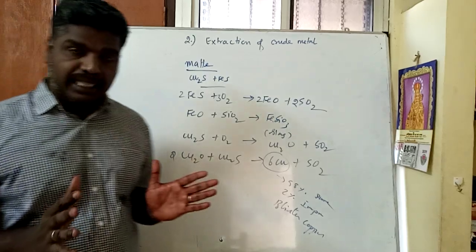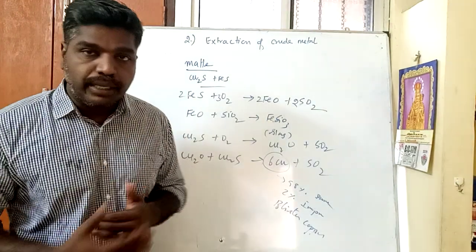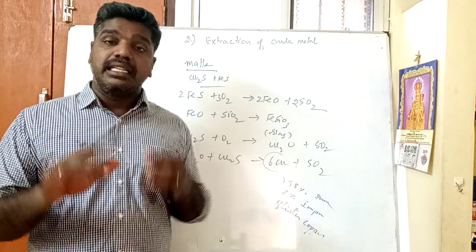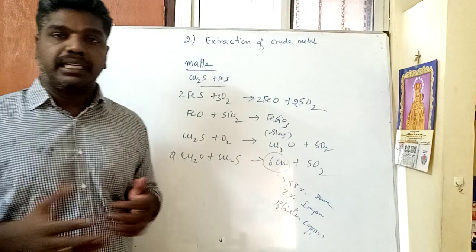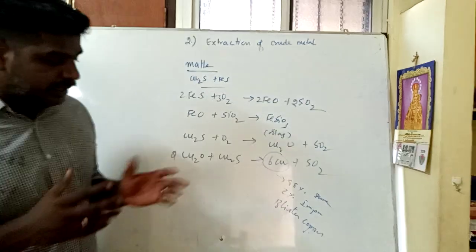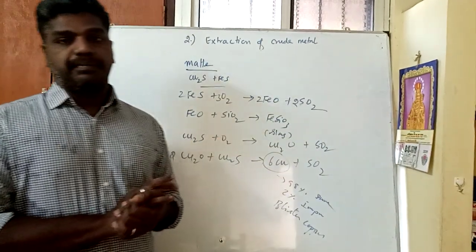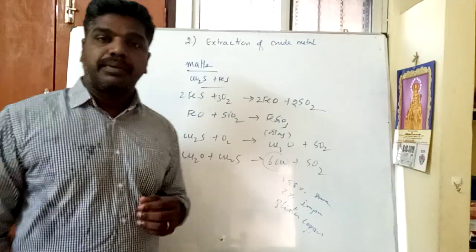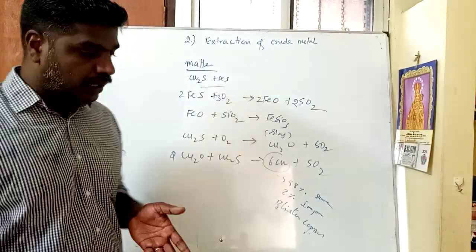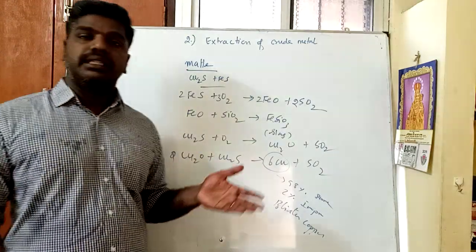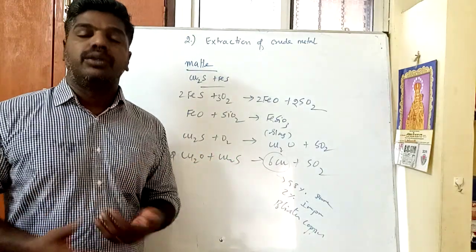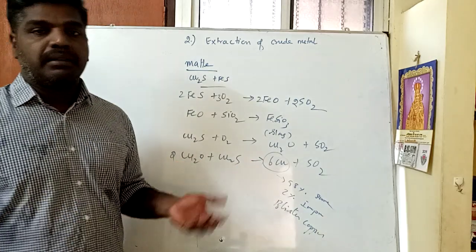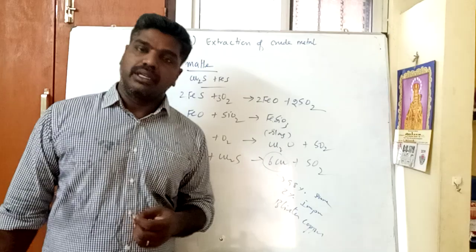This calcium oxide acts as a basic flux in order to remove acidic impurities. So CaO plus SiO2 gives calcium silicate as slag, which is removed. There we had a basic flux. Then one more example we have given: copper extracted from copper pyrites. During the concentration, the ore is roasted in a reverberatory furnace. It is converted into metal oxides.